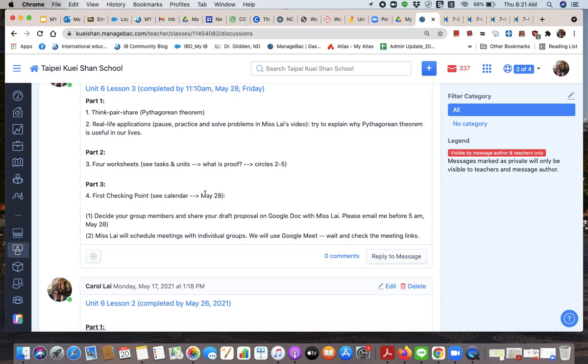So as you can see from here, on May 28th, that will be the first checking point for your geometric art group project. All right, so on this day or before this day, you want to decide your group members and share the draft proposal on Google Doc with Ms. Lai. So I would suggest that you open the Google Doc with your group partners and you just email me. I'll take a look and I'll use the comment mode to give you some feedback as the time progresses. You want to email me your Google Doc before 5 a.m. on May 28th. So I have some time to take a look and then give you some feedback in our